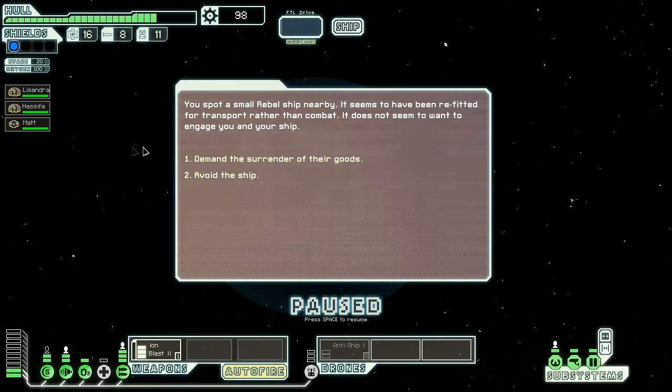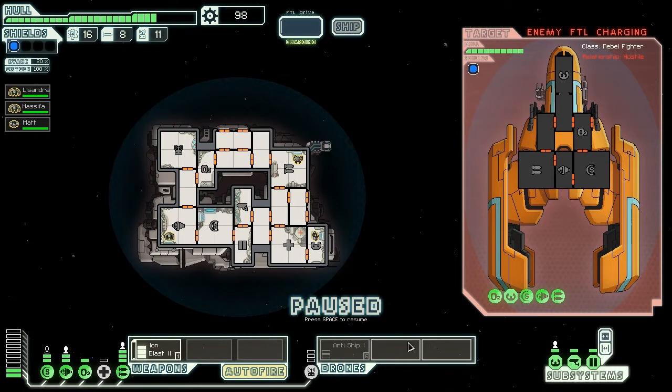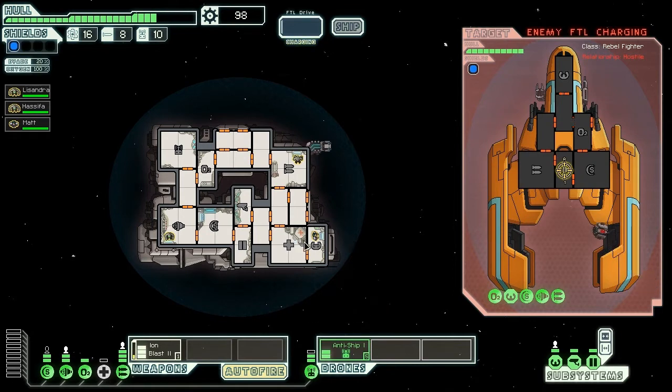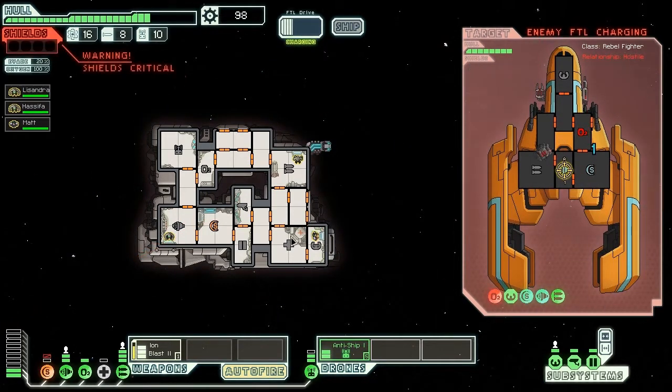Alright, looks like we have a transport. We can demand the surrender of their goods. These guys are trying to get away, so what I want to do is focus down their engines. They do not have a missile, so these guys can't hurt me at all. So as long as we can keep... I really want to try to keep their engines offline, no matter what. Okay, they can't hurt me. Their laser can shoot